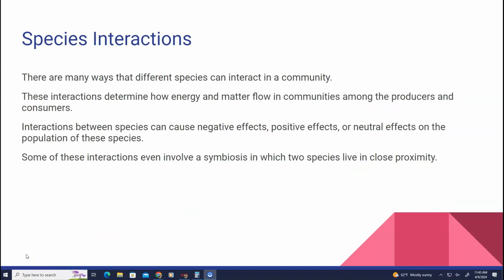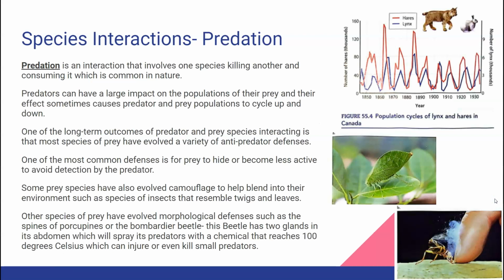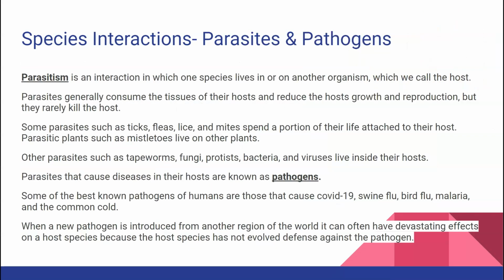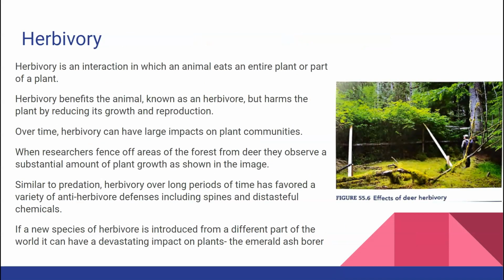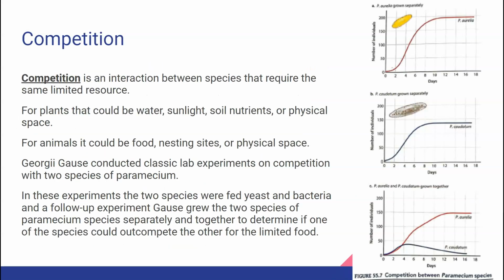Species can interact with each other within a community, and how they interact with each other determines the energy and matter flow within that community, which can cause negative effects, positive effects, or neutral effects. Some of the interactions even involve a symbiosis in which two species live in close proximity. A couple of these species interactions: we've got predation, we've got parasitism, herbivory, competition,